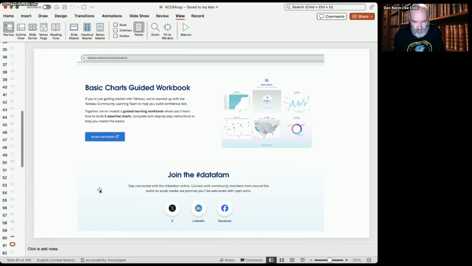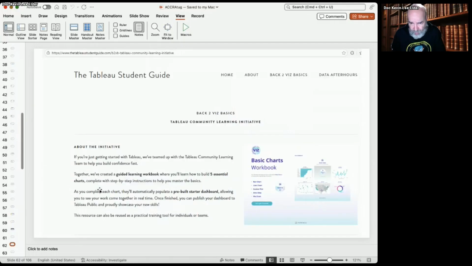And so here's one of the academic resources that, again, is free. You don't have to go to a university to get the similar training that folks are doing at the university. So here's some of the basic charts in Tableau, and you can read about this. This is one of the community projects called Back to Viz Basics, and it will take you to this site called